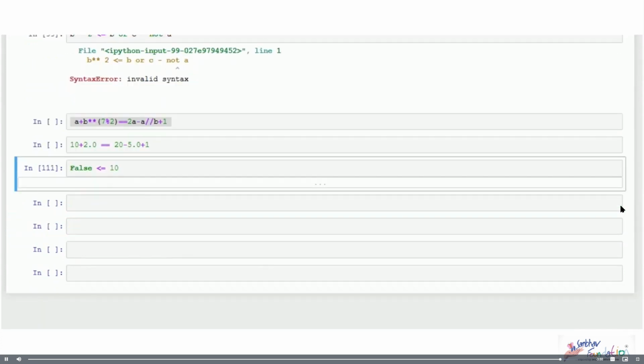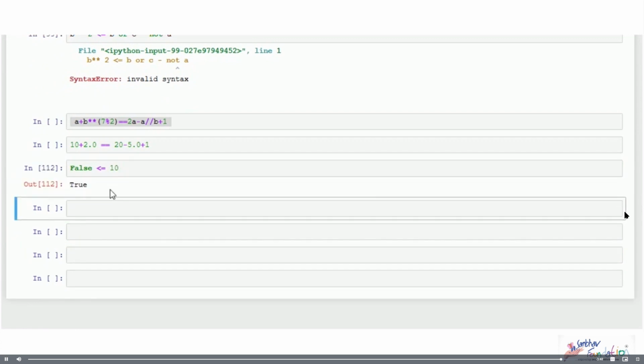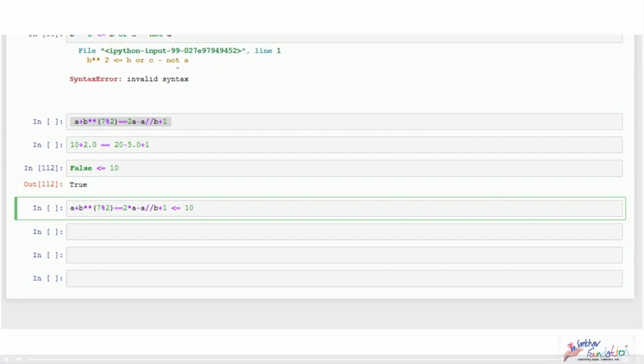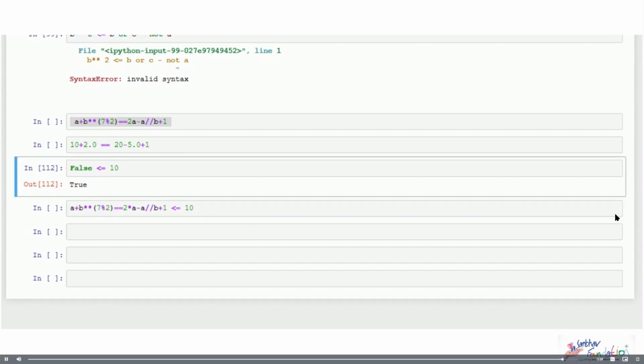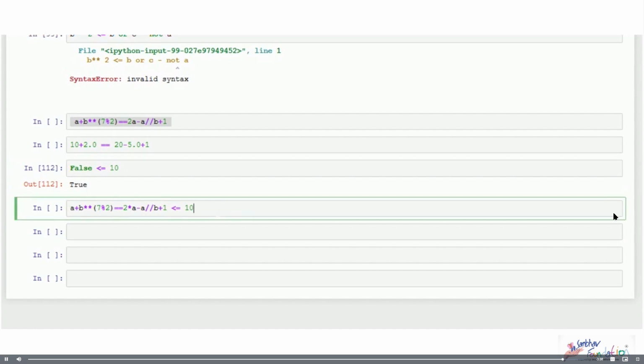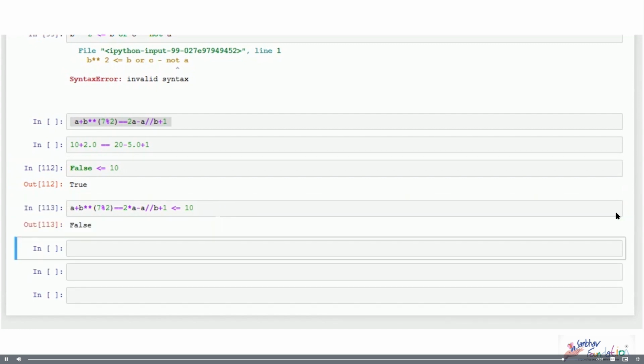So we can replace this particular portion with false and then add just the extra portion, and your output is true. Now if you give this entire expression, will the output be true or will it be false? So we have deduced here that it was true, right? So the output should be true, but actually it is false because